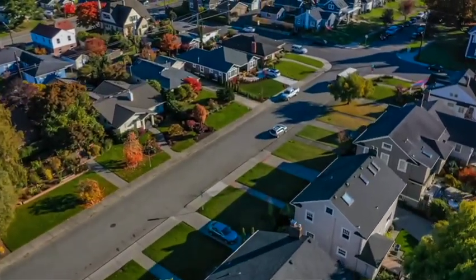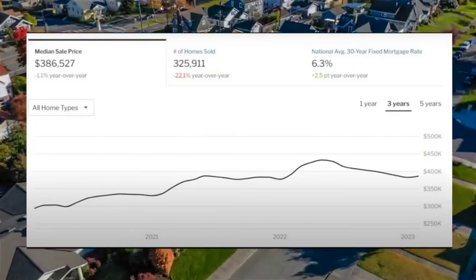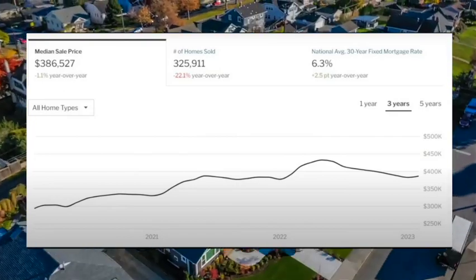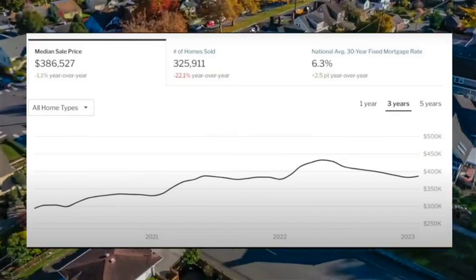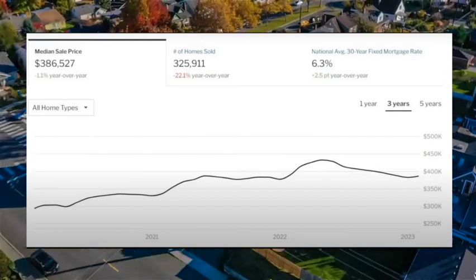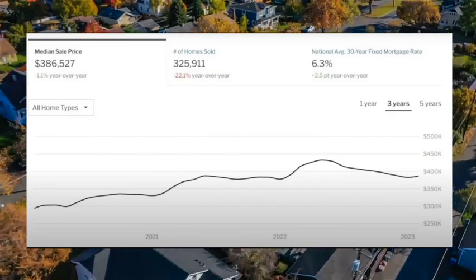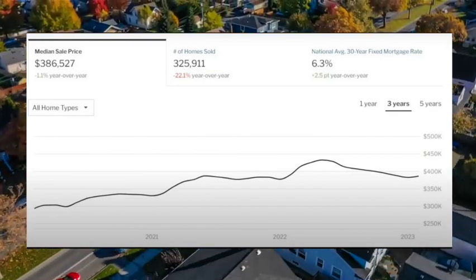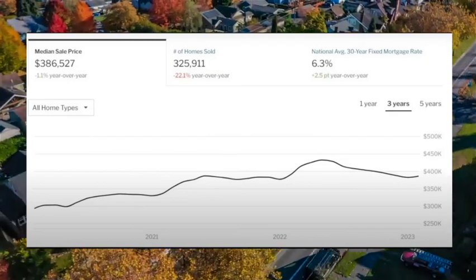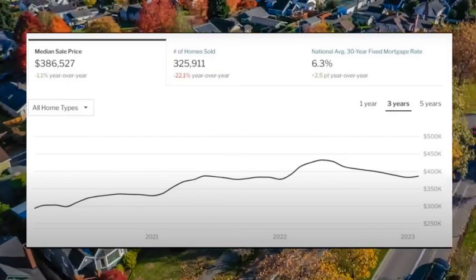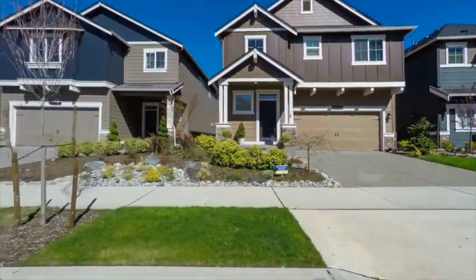So let's begin. What we have here is a 3-year chart depicting the trends in home prices. As of February, the median sale price of a home is $386,527, which has dropped by 10% from its peak in May of last year. However, it's important to keep in mind that seasonality plays a role in this decline. It's crucial to note that comparing this year's February home prices to that of last year's February, there's only a